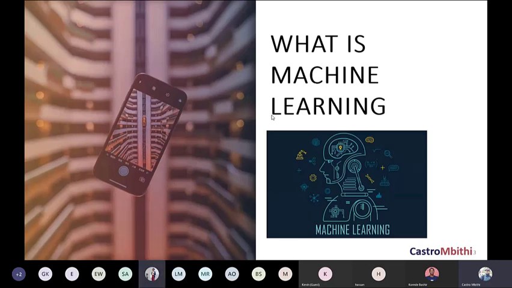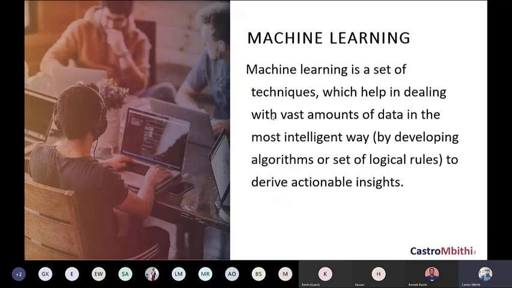So the first thing we should understand is the definition of machine learning, and I'd come up with the definition of machine learning as a set of techniques which helps in dealing with vast amounts of data in the most intelligent way to derive actionable insights. Now, for this to be achieved, we have to develop algorithms or a set of logical rules. And machine learning is something that you normally interact with on a daily basis, only that you don't know whether you're interacting with it. Like, for example,